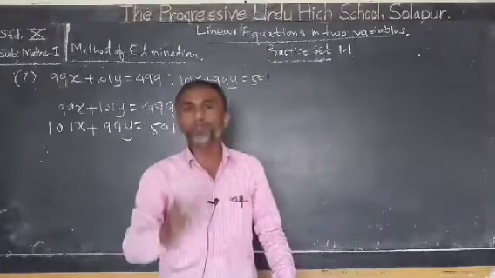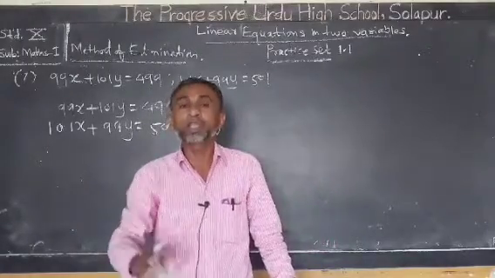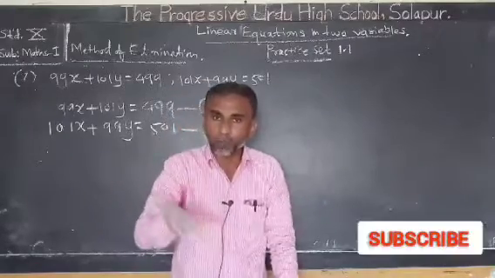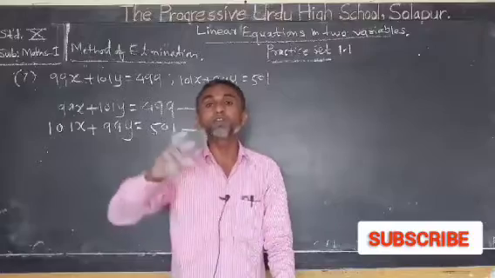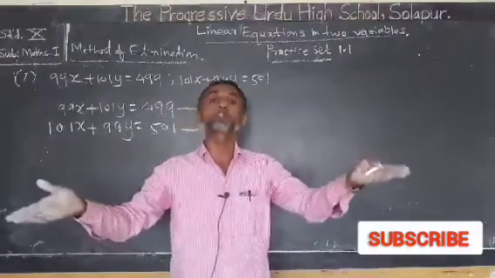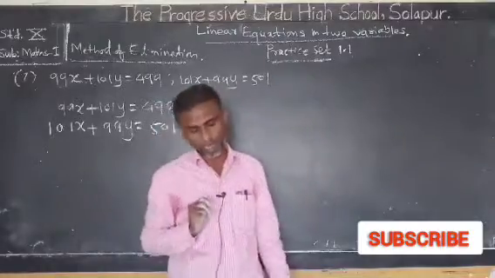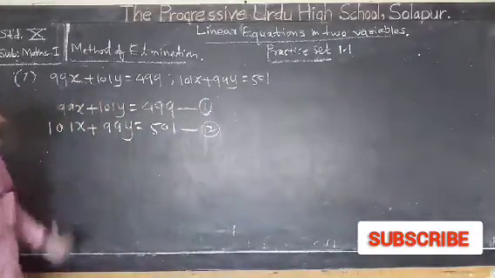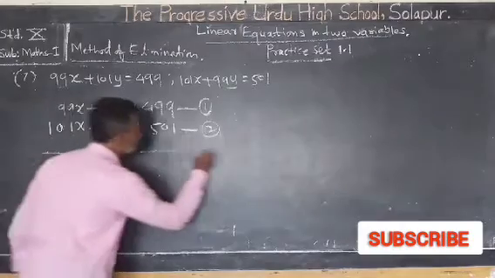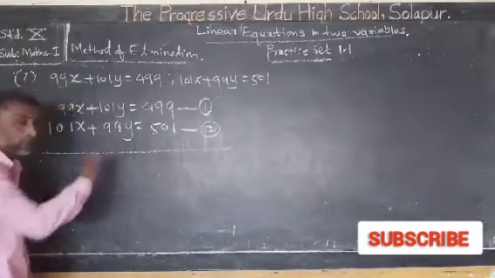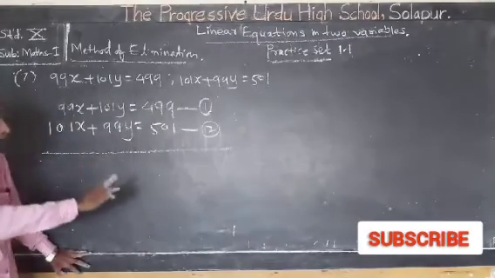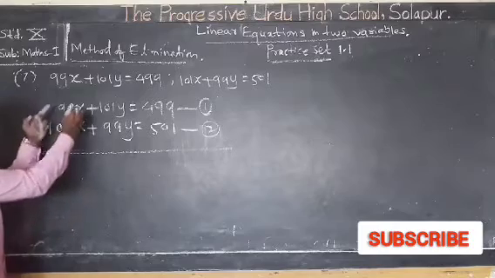If in the example, coefficients are interchanged, then how to solve these equations? If we add these two equations, we will get one simple linear equation, and if we subtract one from the other, then we will get another simple linear equation. If we solve those equations, we will get the answer. Now, this is the first equation, this is the second equation. If coefficients have been interchanged, then first add these two equations. I am going to add these two equations.